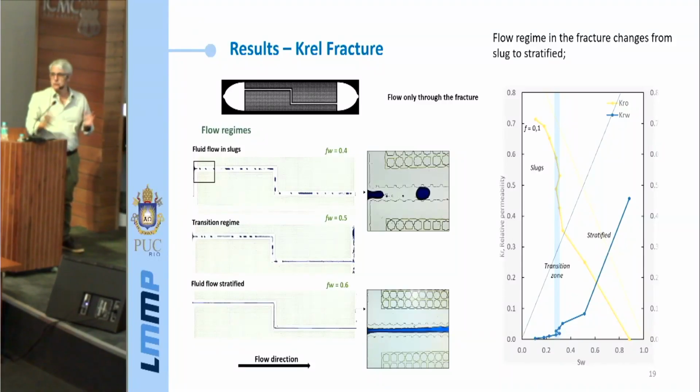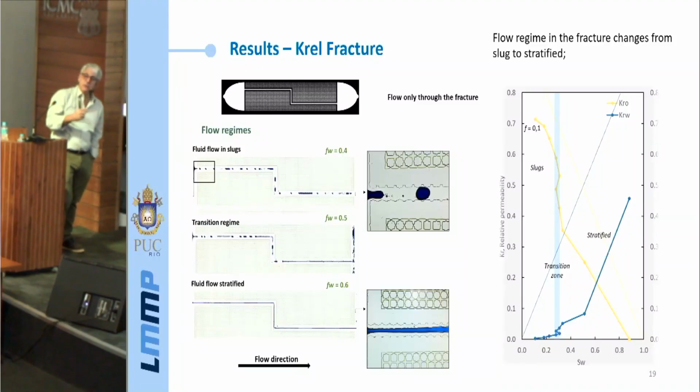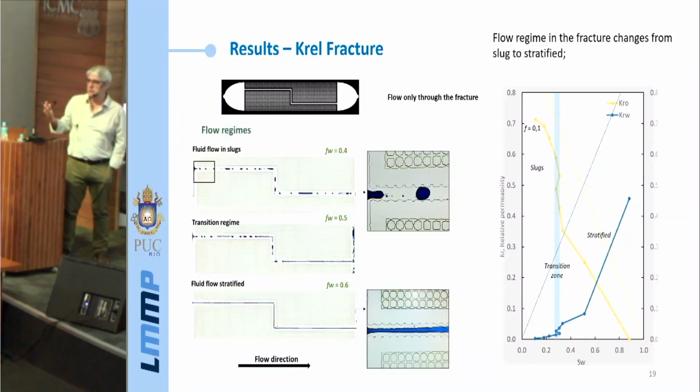So this is flow through a pipe or through a channel, okay? So she isolated the fracture, so there's no communication between the fracture and the porous matrix. So this is, again, a flow through a pipe. And we inject both fluids, and then, again, we measure pressure difference and get the saturation. And then here, we reveal a very important phenomenon that shows the importance of the visualization of the microfluidics used to